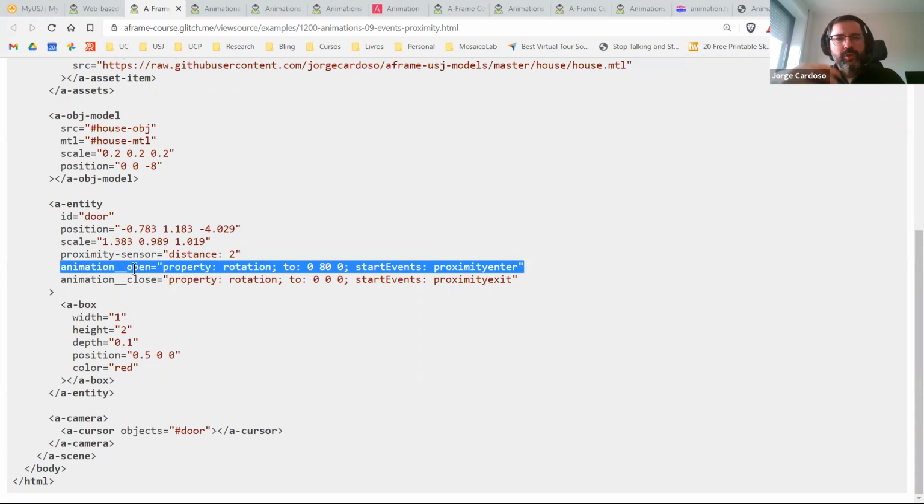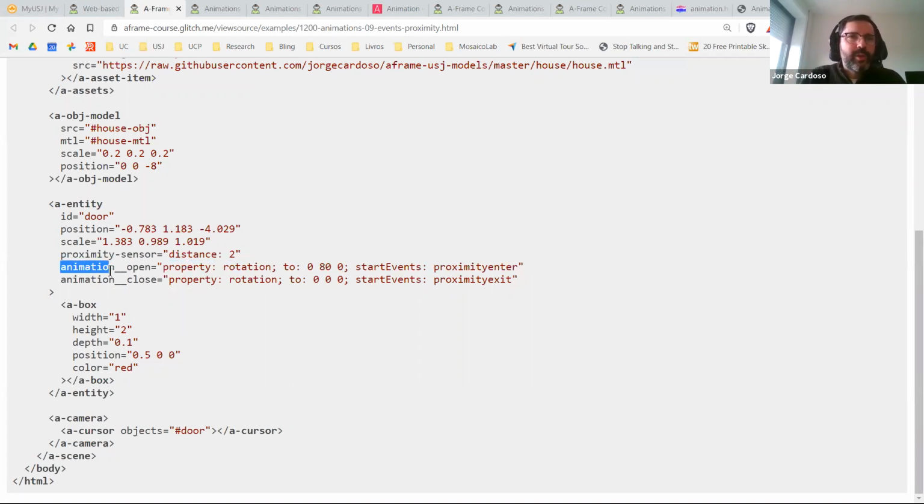Because we want an animation to open and another one to close, we have two. So an animation open and animation close. And of course, the property is rotation. We decide where the door should stop opening. And then the important part is this. So the start events